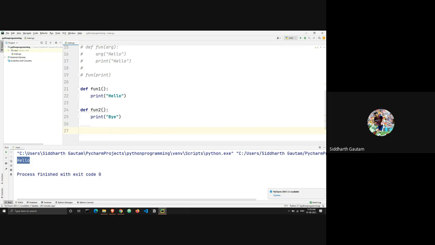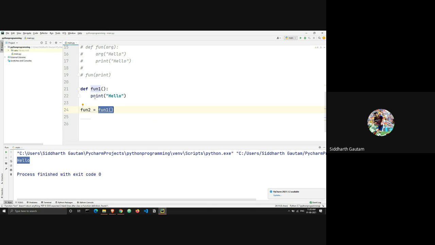Okay, we will take a look at this in the next example. What I'm going to do is write fun2 is equal to fun1. When I write fun1 and then these two brackets, it means that inside of this variable or object, I'm trying to call this function.